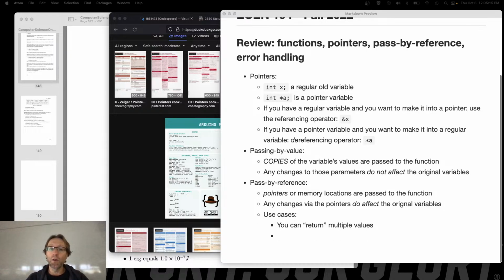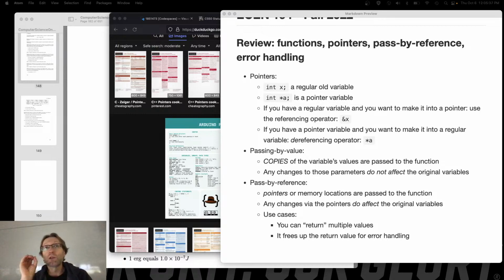And also, it frees up the return value for error handling. Now, instead of dying, instead of printing something out, which you don't do either one of those things, you can go ahead and return an error code. By convention, remember, 0 is no error, 1, 2, 3, those are different types of errors. And that always needs to happen first, right? Error handling,